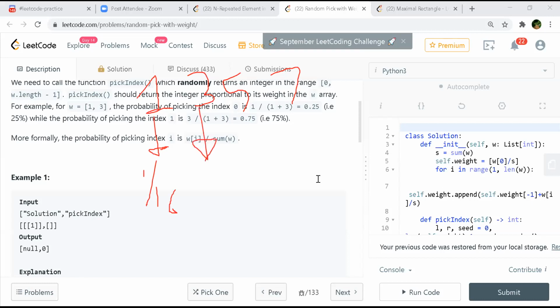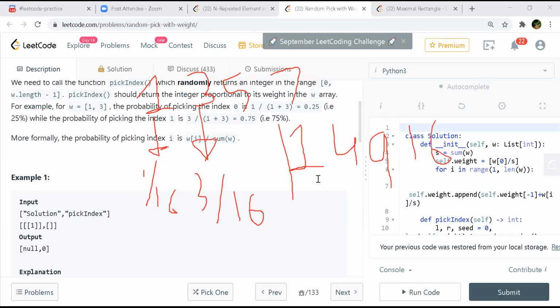As it says, this would be a random output, so I have to obtain some random number from this sequence. For that, let's define the prefix sum, which would be 1, 4, 9, 16. So this is the array we have.